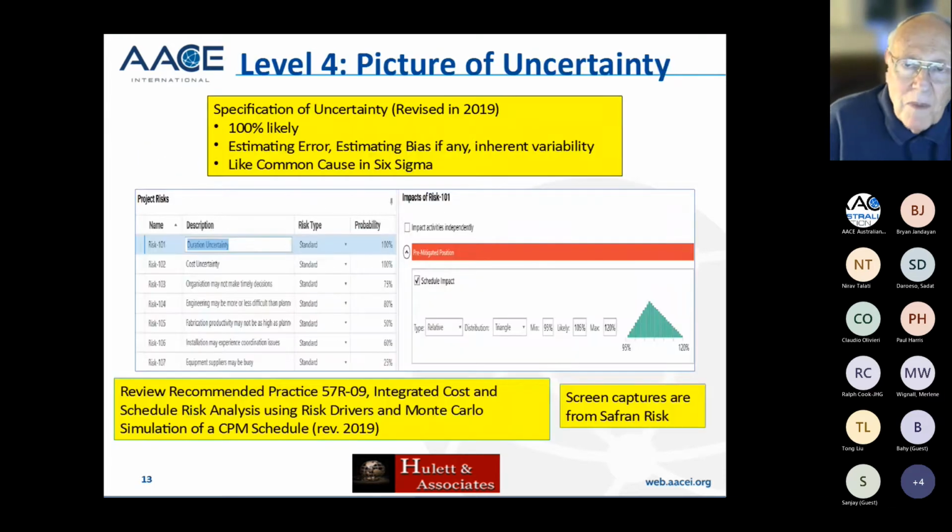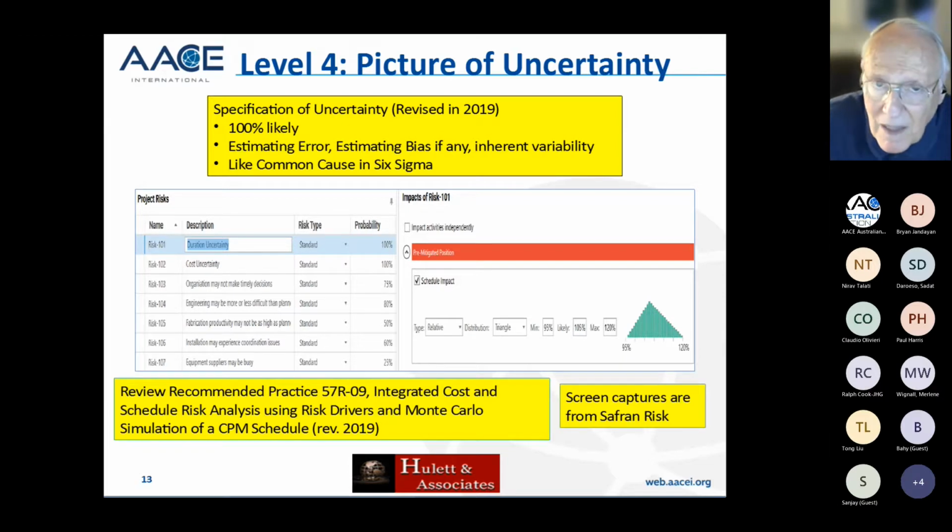Okay. So this is a picture of an uncertainty. Remember, uncertainty is 100% likely to happen, and you can't mitigate it during the pace of one project because, first of all, it's uncertainty in the sense that we don't know exactly what's causing it. There are many small things that may be causing it, but here's what it does have. Again, this is the revised in 2019 version, which I put in there just for those of us who are using Monte Carlo simulation.